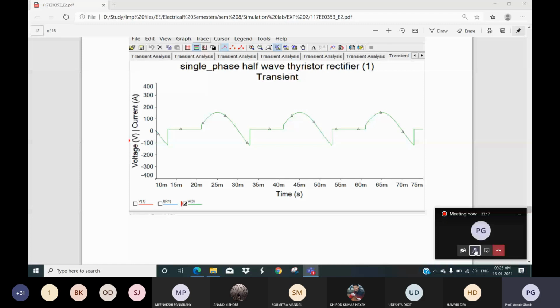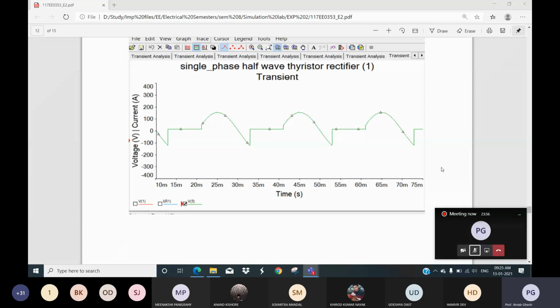Then you can see what kinds of changes you have observed. In case of RLE load, same kind of thing: with the changes of E, what kinds of changes have you observed in the output voltage? With different values of E, what output voltages are there? First the table, then plotting. And for different firing pulses, the same thing you can observe: with different firing pulses for a fixed E, what will be the output voltage of the RLE load, and you can plot it. So a few tables need to be added, and a few plots will be there in your revised write-up. Are you getting my point?